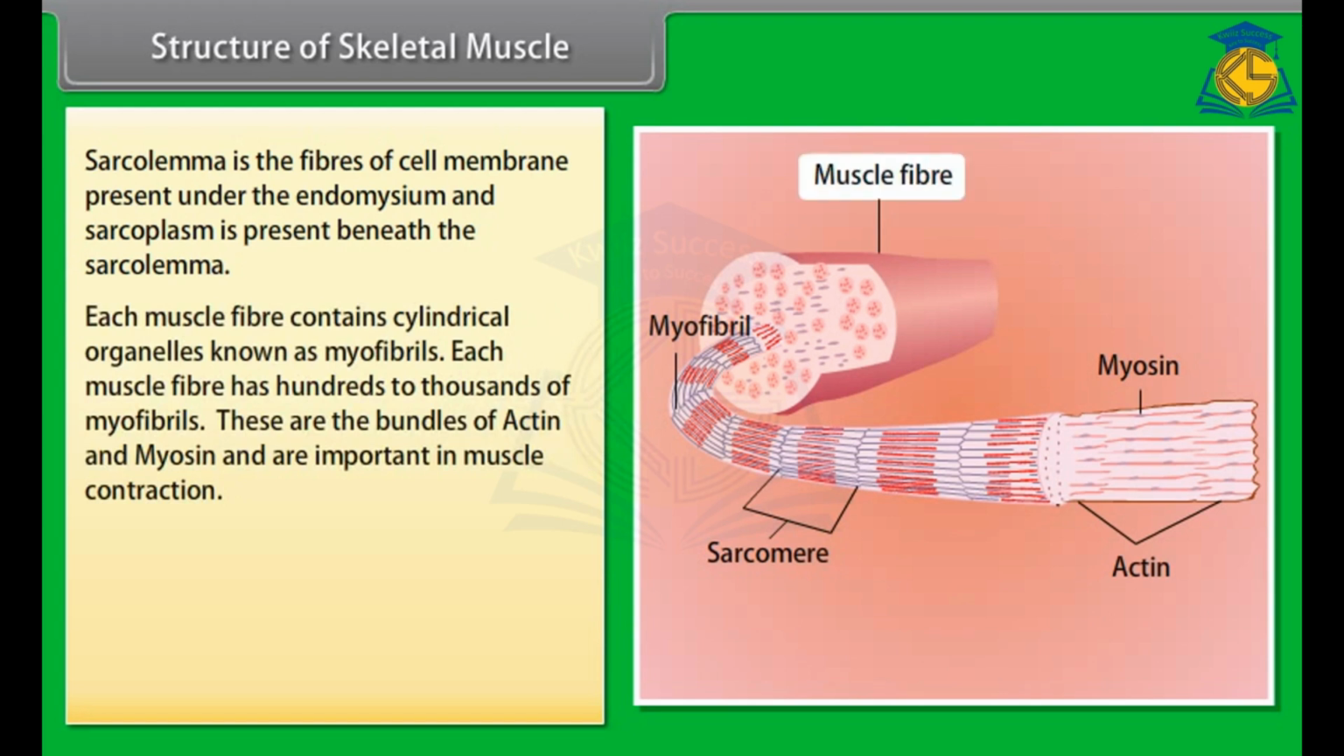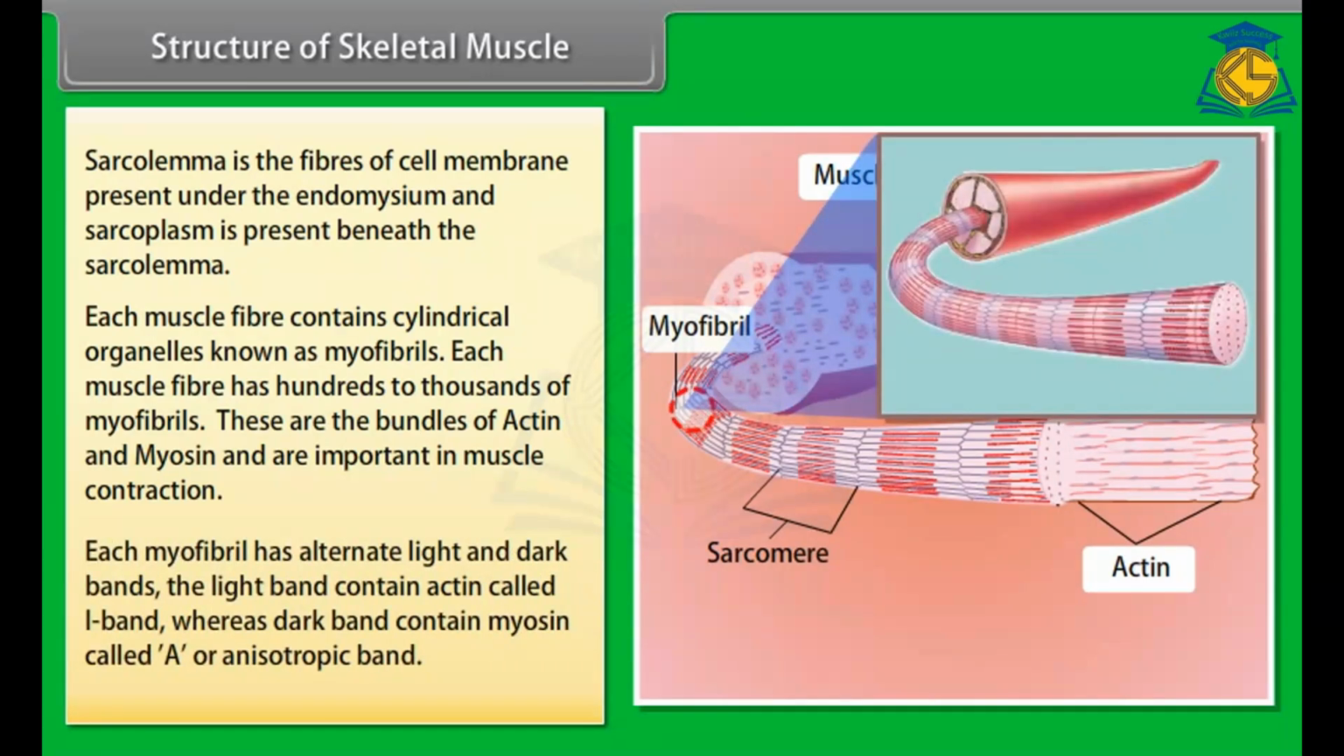Each muscle fiber contains cylindrical organelles known as myofibrils. Each muscle fiber has hundreds to thousands of myofibrils. These are the bundles of actin and myosin and are important in muscle contraction. Each myofibril has alternate light and dark bands. The light bands contain actin, called I band, whereas the dark band contains myosin, called A or